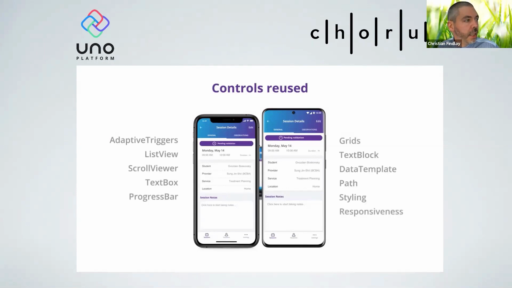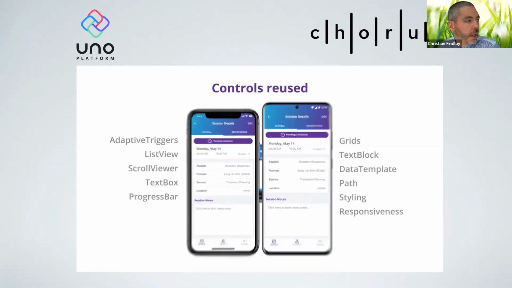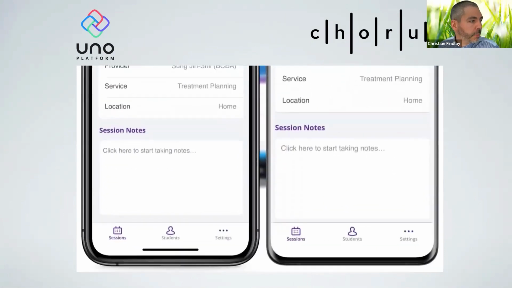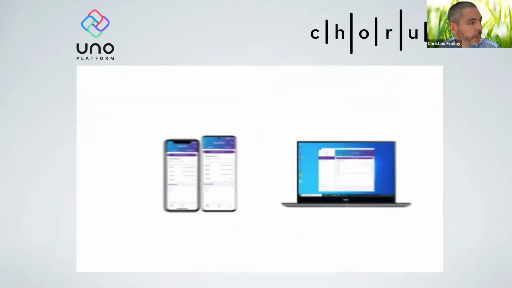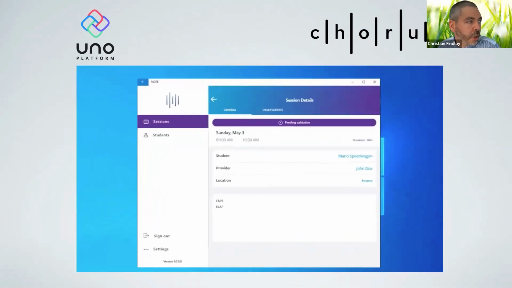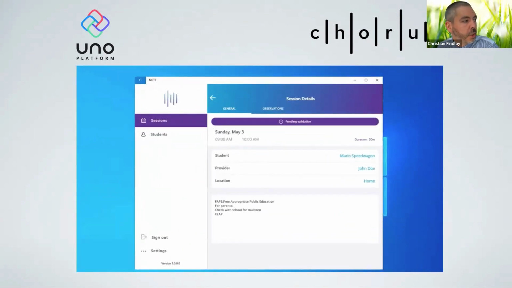So you can see here that the user interface is very slick. This is running on 2 phones. All right. But this is the UWP version. So this is what the application looks like on Windows 10.